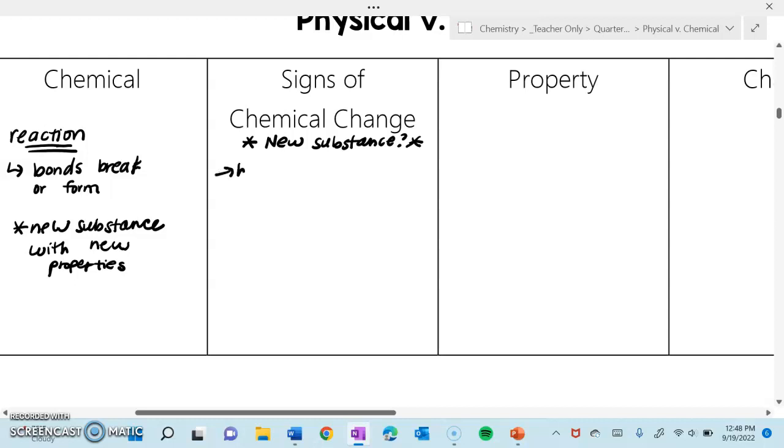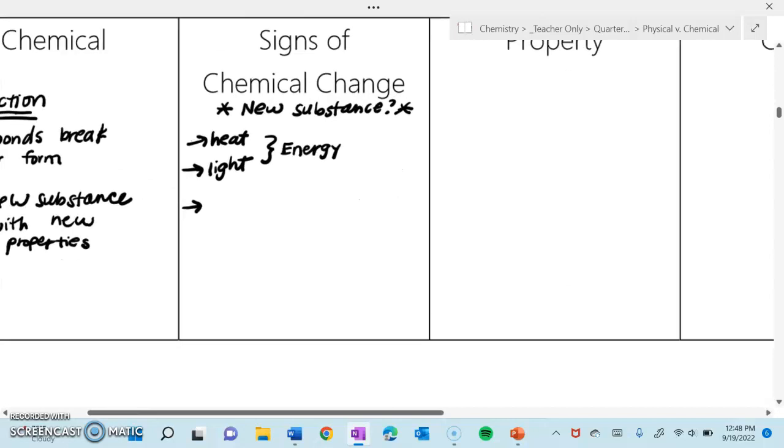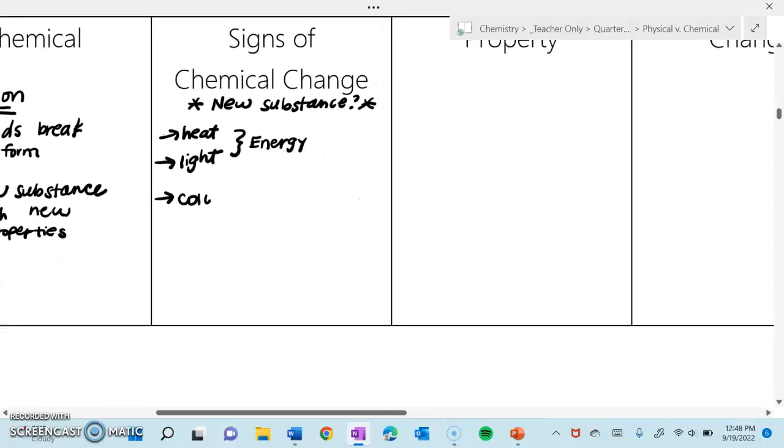Okay, so heat. Anytime that you see heat or fire used, which would be a transfer of energy, is another way to say that, or light produced. Heat or light produced, both of these are forms of energy transfer, which you often see in a chemical change. New properties like a color change, or we said an odor or something like that. Generally, we'll see it in a color change. Or we might produce completely different